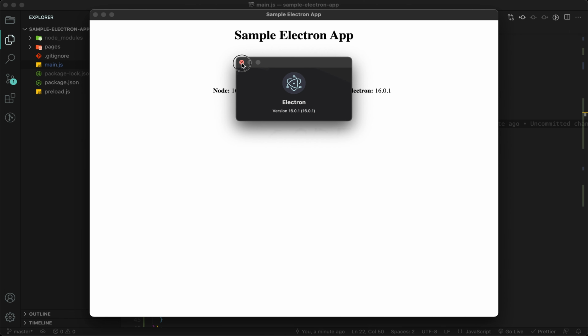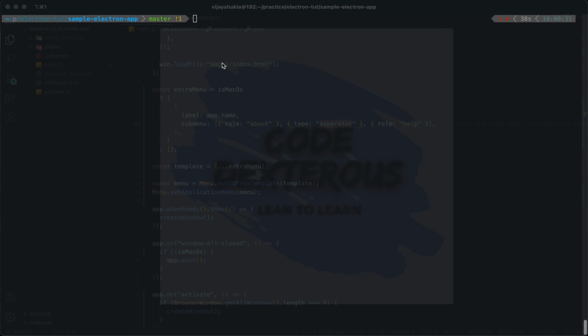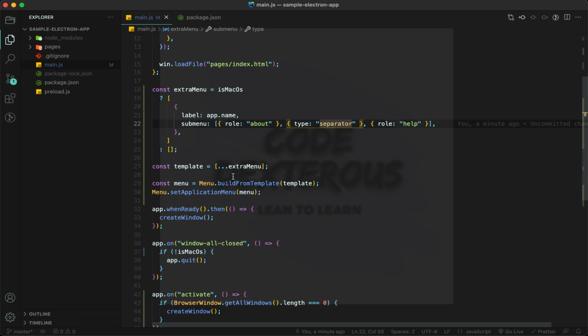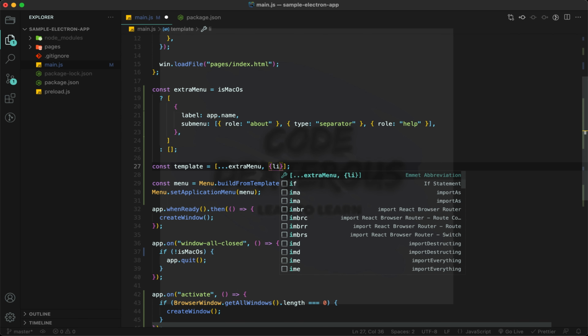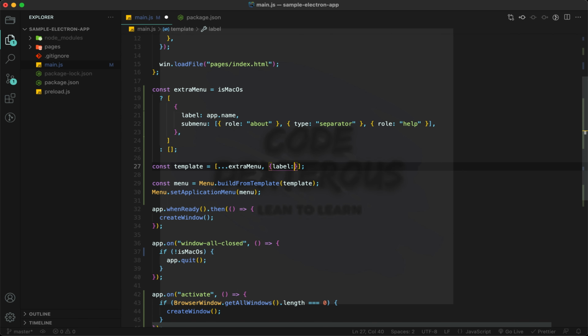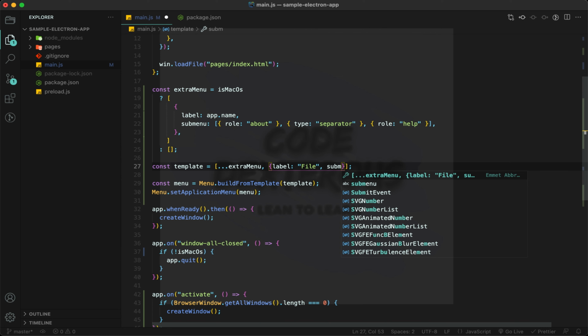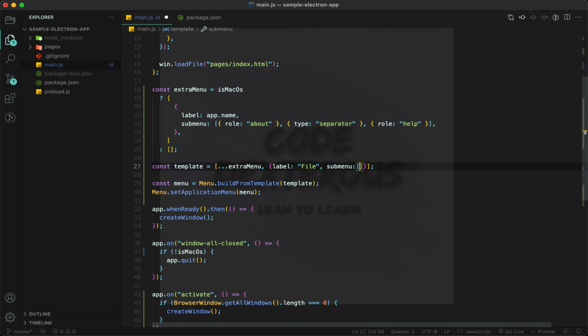Okay, now it's time to add menu options here. So in this template, I'm just going to add some more menus. This will be a label, the first menu option, File, and this menu will have a submenu, and this submenu will have two items.